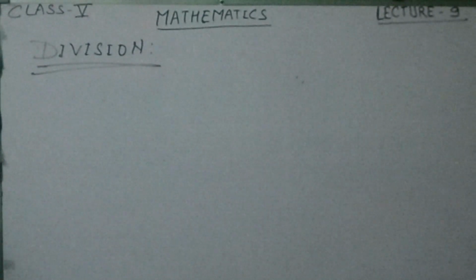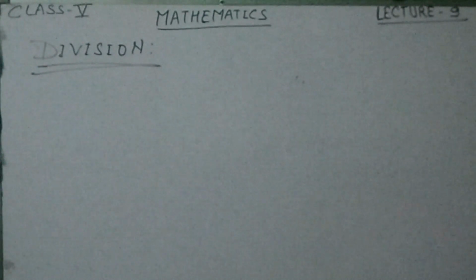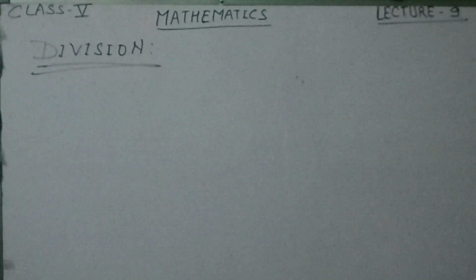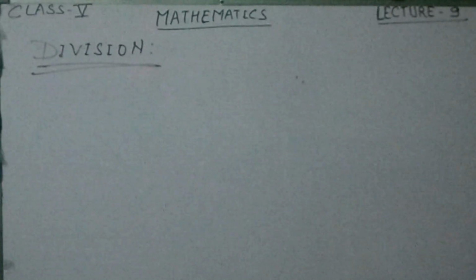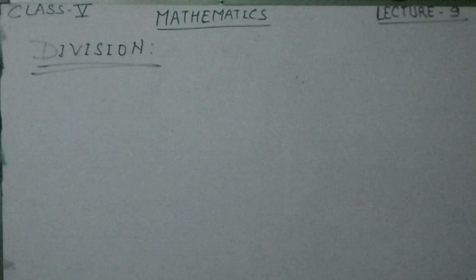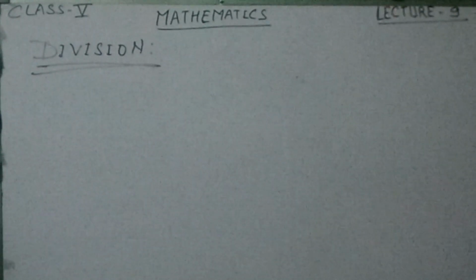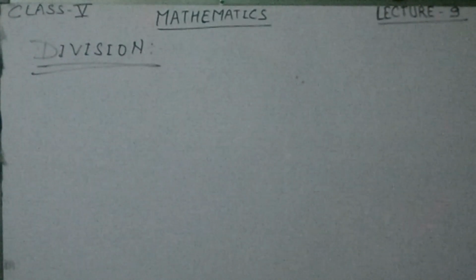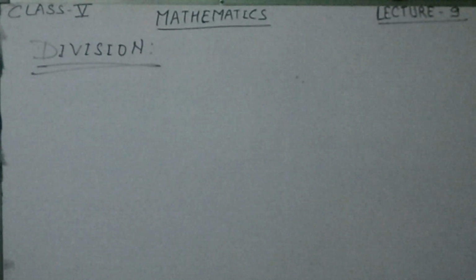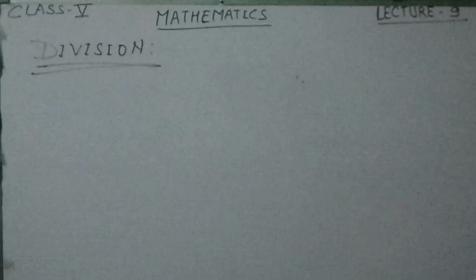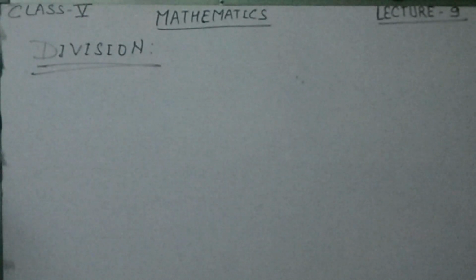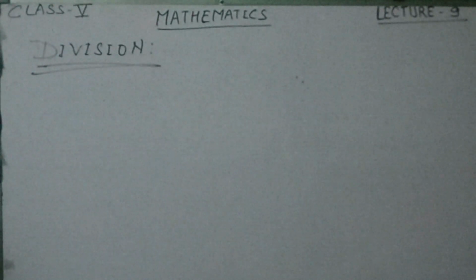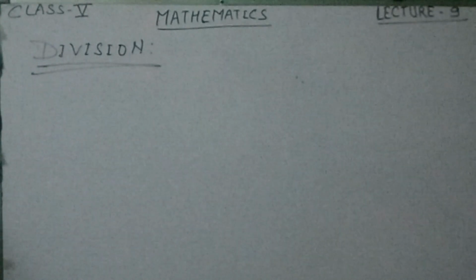Students, I told you about the multiplication. Now what is division? Do you know about the division? In mathematics, the word division means the operation which is opposite of multiplication. In simple words, you can say division is the opposite of multiplication, or division is splitting into equal parts or groups. It is the result of fair sharing.